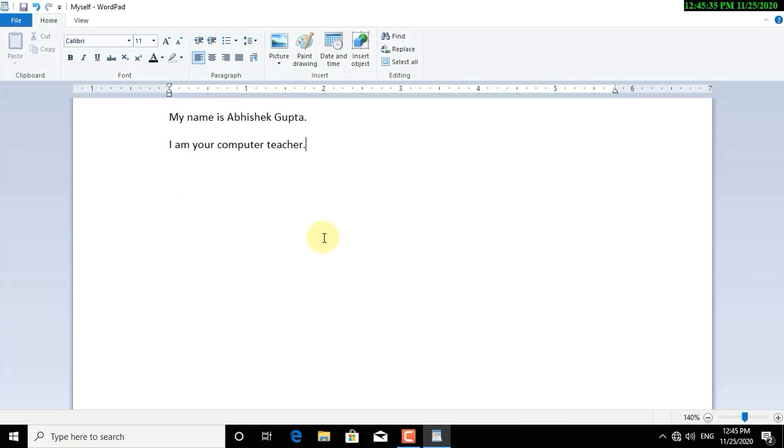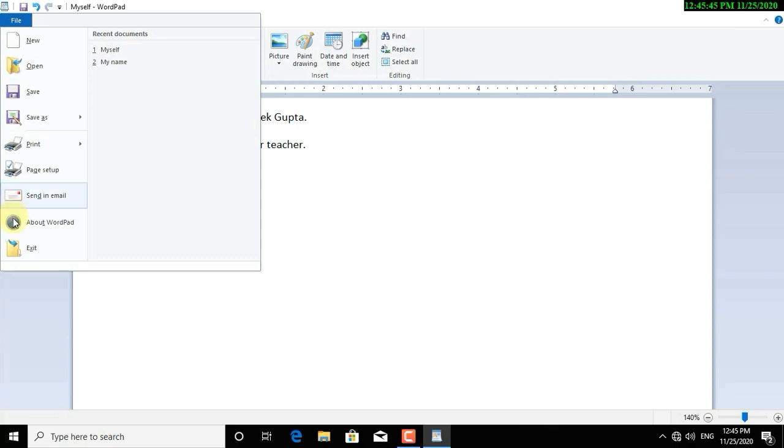So now we have learnt about how to start the WordPad and how to type in it. We have also learnt about creating, saving and printing the document in the WordPad. So when you have finished your work, you have to exit the WordPad. To exit the WordPad, you have to click on File menu और File menu में आपको नीचे bottom की side में एक exit option मिल जाएगा. You can exit from WordPad by clicking on it.